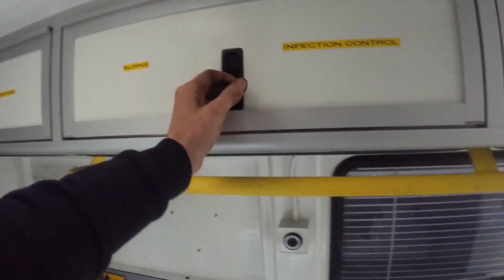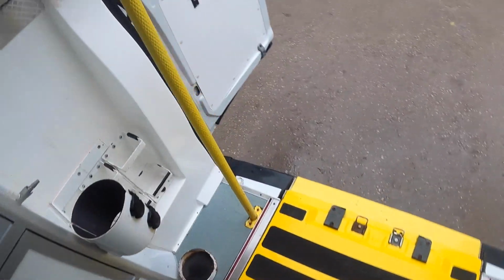What I really love about these vans is just the cupboards. They're just fantastic. Really, really fantastic. So yeah, amazing value for money. Fuck the auction that sold it to me. And